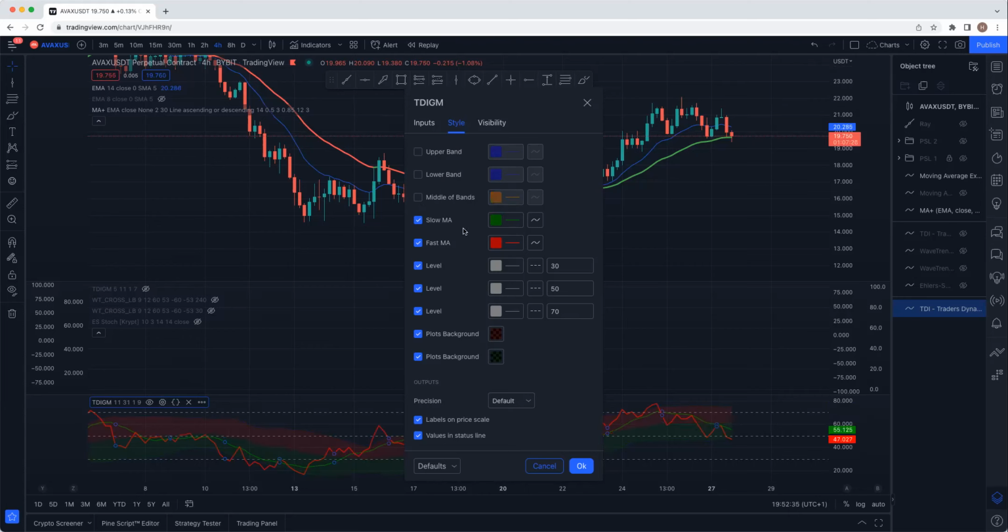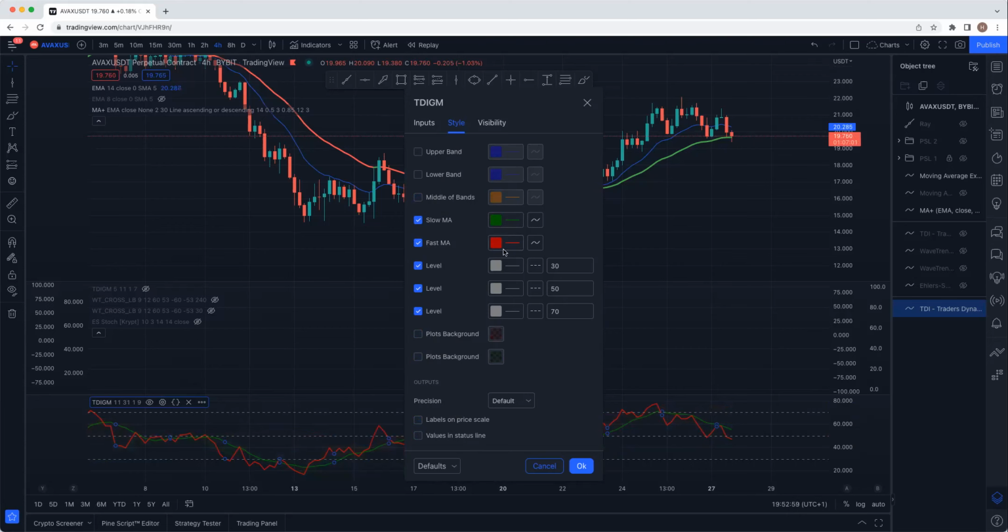What we are left with is the slow MA, the fast MA, and the levels. The plots background, we take that off, and then we take the labels off. So literally what you see is slow MA, fast MA, and the levels.